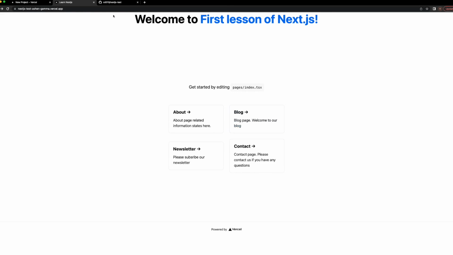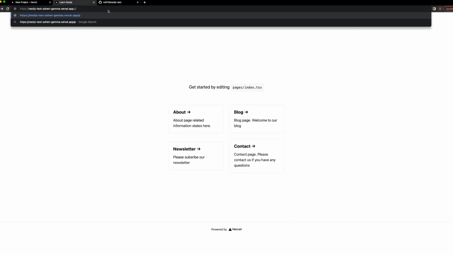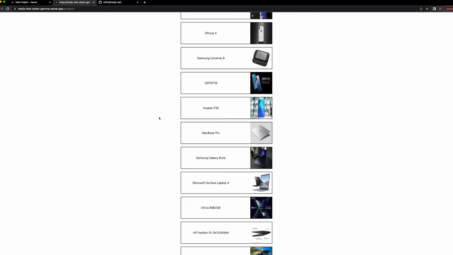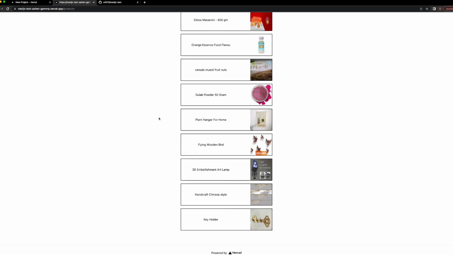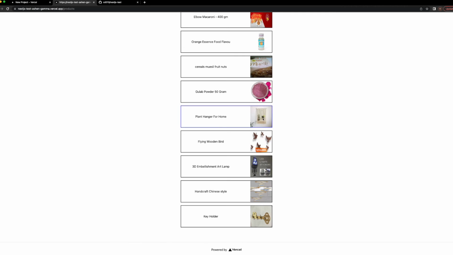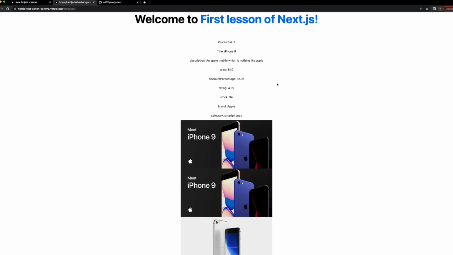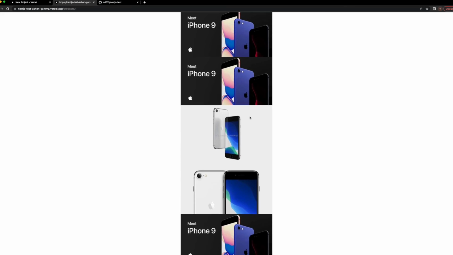And so we can directly check. There was also another page we made for the dynamic images. It was in products. So we can check all of the products. We can come up here, and as you see, all of the data we are fetching is from the dummy JSON right now. And when we click one element, it shows us the product